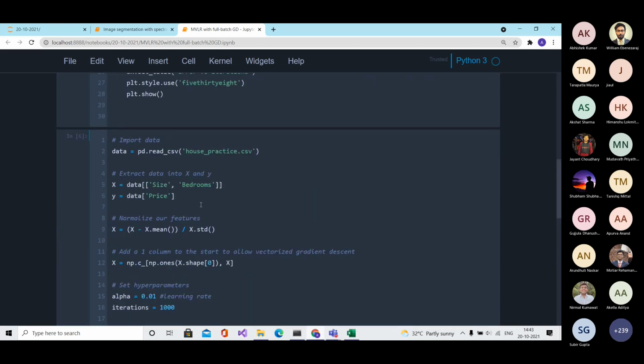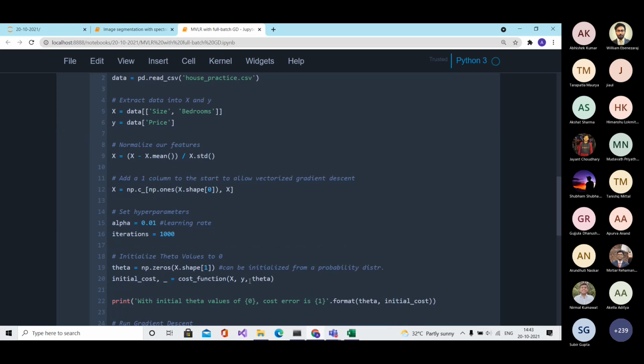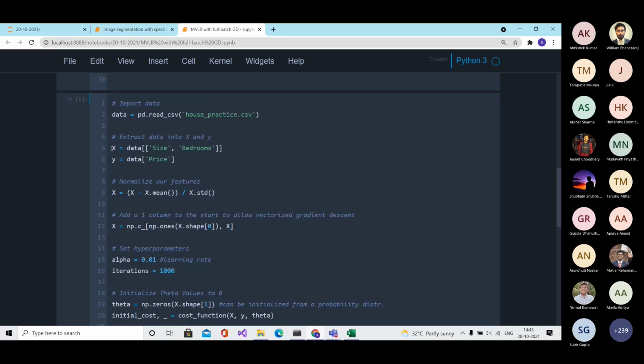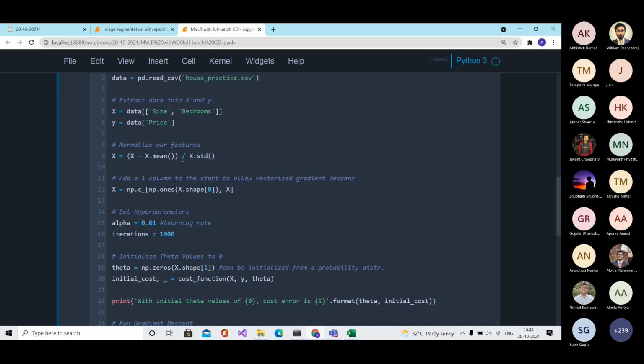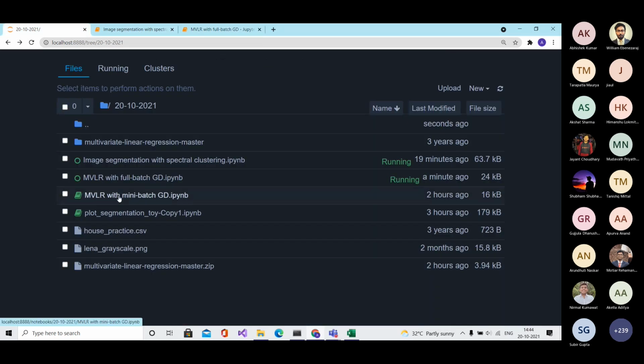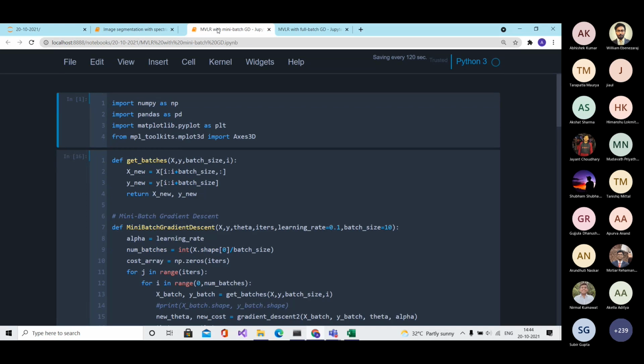So this particular variant of gradient descent is known as full batch gradient descent, or you can just call it gradient descent, because we passed the entire x and y to the gradient descent function. Now we'll look into a mini batch version of gradient descent.